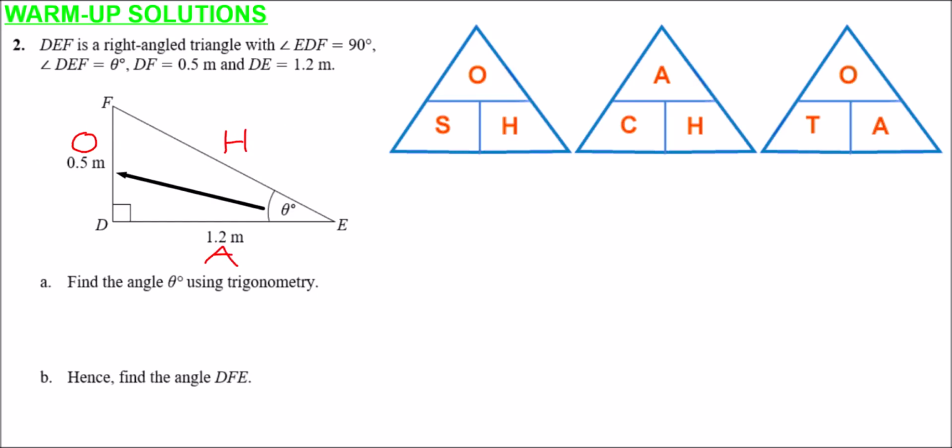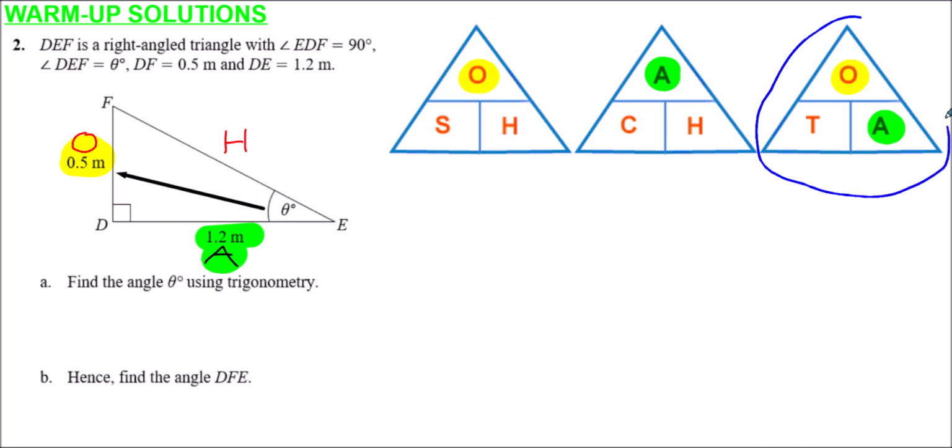And so we know the opposite side, so we're going to colour in the O in each of these triangles. We also know the adjacent side, which is 1.2. So I'm going to colour in A for adjacent. In the same way as question 1, we use whichever triangle is the most coloured in. So of the SOH-CAH-TOA triangles, the one which has been coloured in the most, 2 items coloured, is TOA. So again, it's going to be using the tangent function. So for part A,